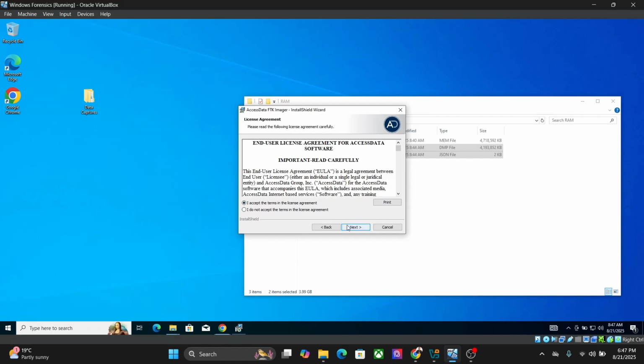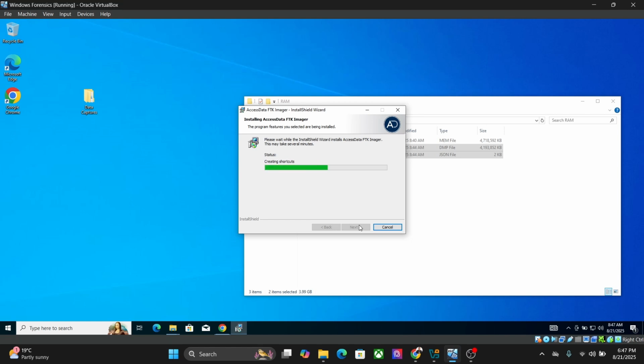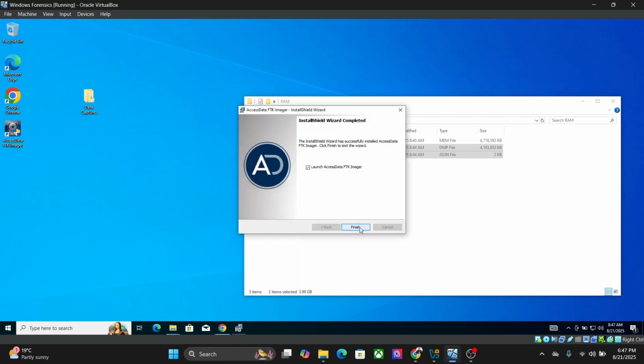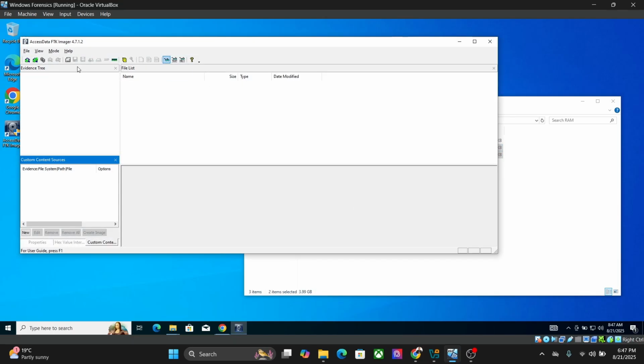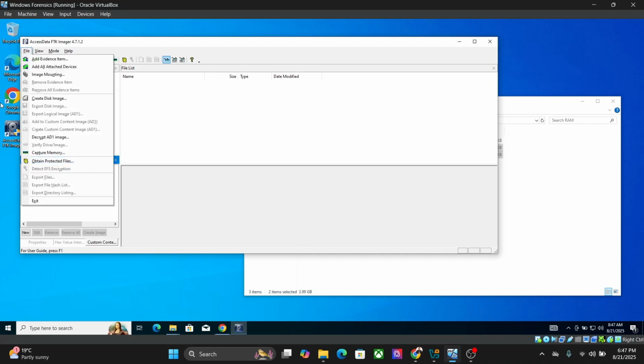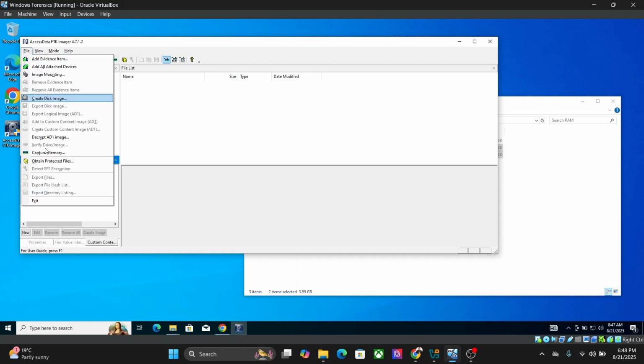So we proceed to accept the terms, click next, then click install. Then we'll launch Access FTK Imager, and what we'll do is we'll use the feature where we can capture our RAM memory within Access FTK Imager. So click file, then we'll capture memory. So it gives you an option to capture memory,